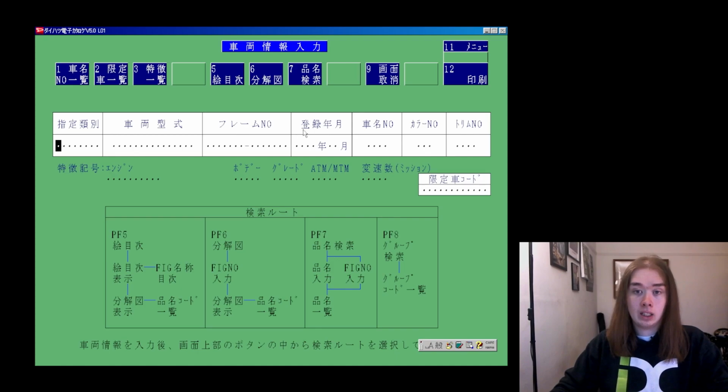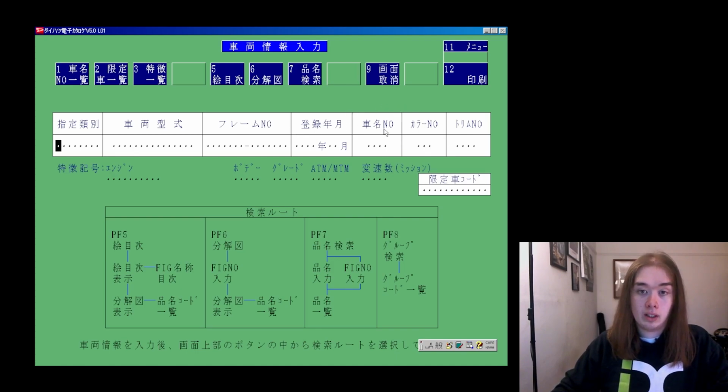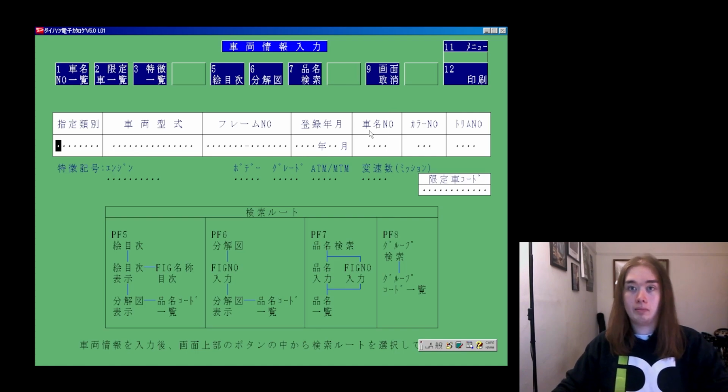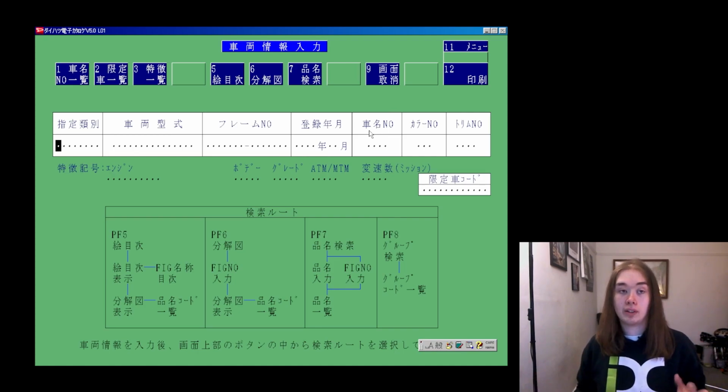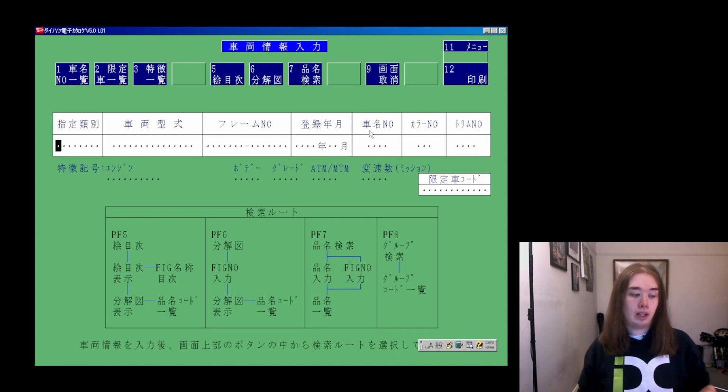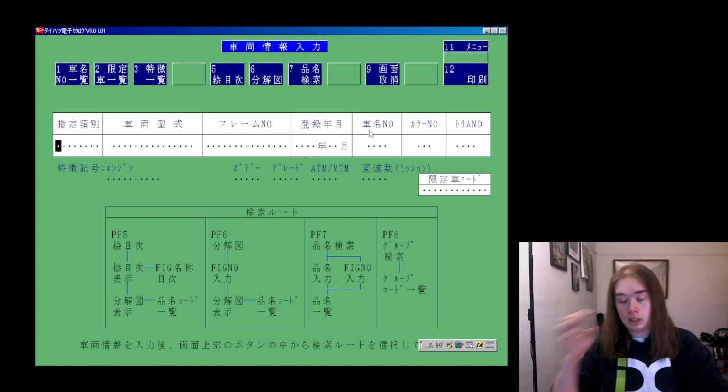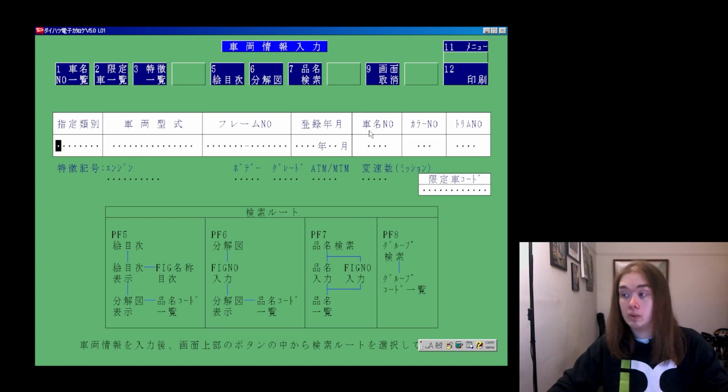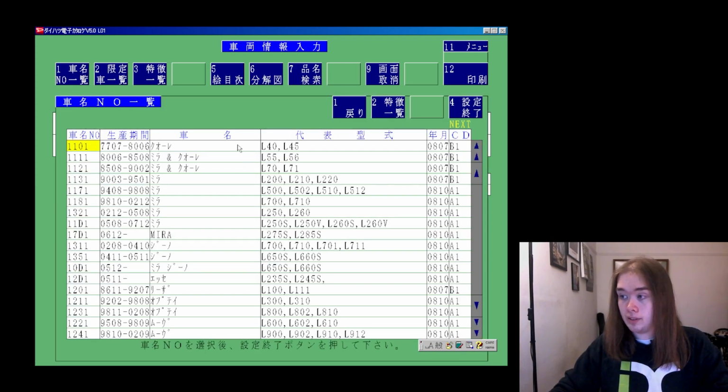Just need that. And then it asks you to fill in this number here. I think this is like the model code for that specific one. So although there may be loads of different cars under L500, there'll only be one car that's like, you know, an L500S Turbo Avanzado, something like that. So in order to find out what this number is, you have to first click on this number 1 up on the left,